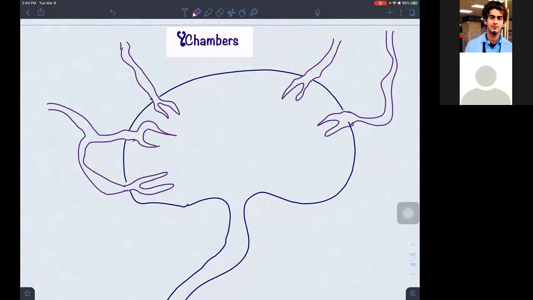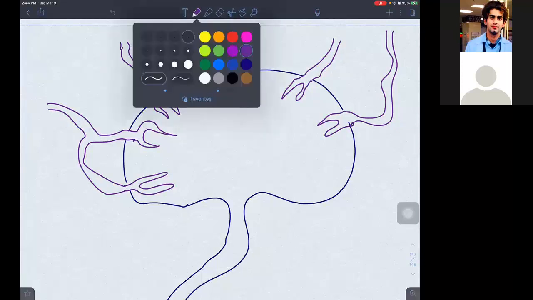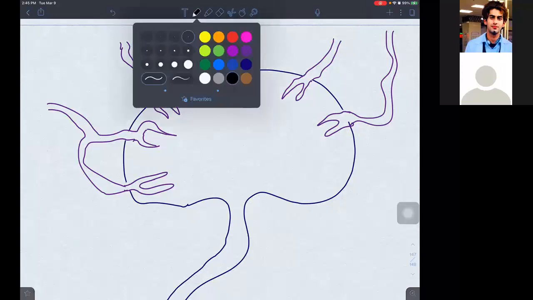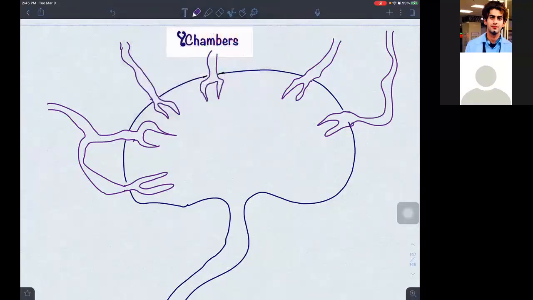Okay, and we can see some zones. Let me give a partition to them. So this is what we are making from the outside. We are bringing in lymphatics. These are afferent lymphatics, or you call them vasa lymphatica. So I should make the direction like this, so they are coming towards the lymph node.